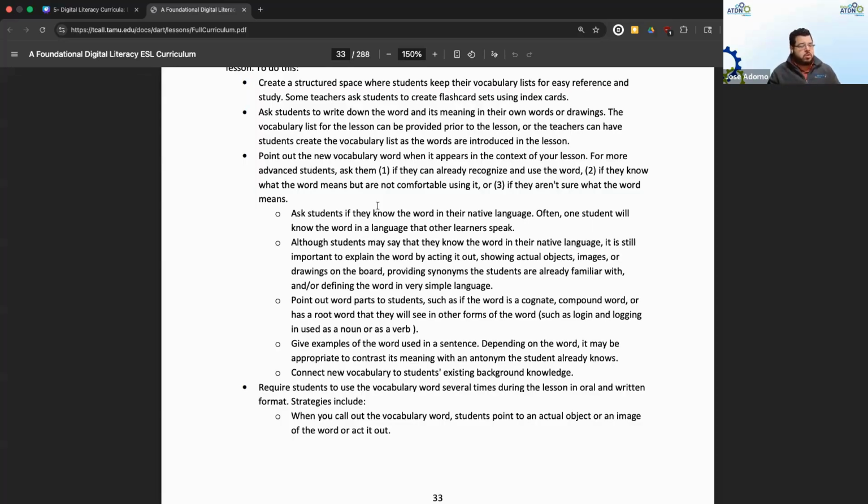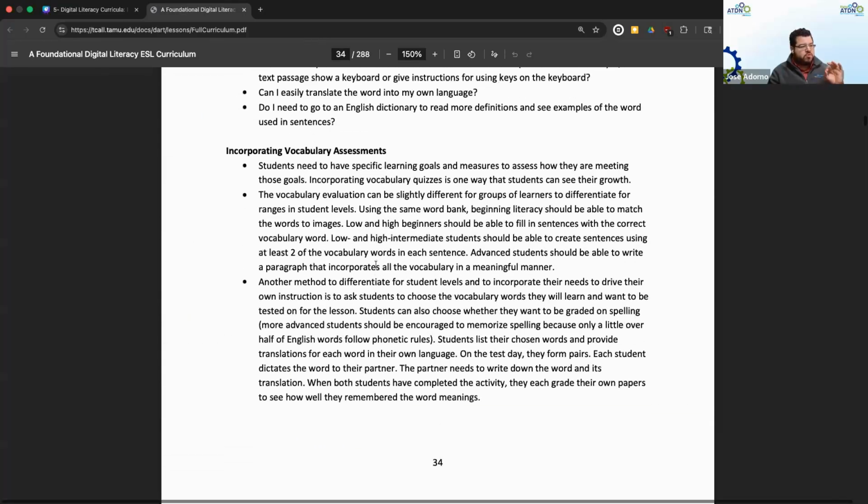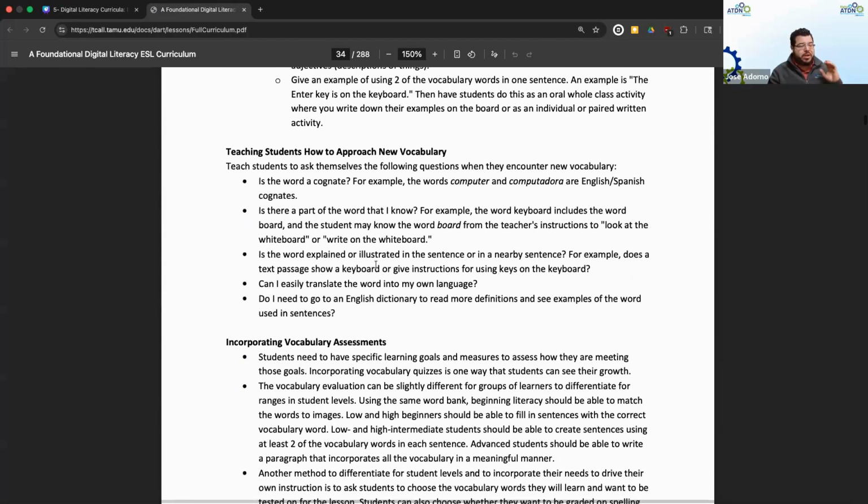Again, this DART curriculum approaches it as if you're having a tutor, let's say, supporting, or someone that's offering tech who needs some scaffolding strategies to reach out to English language learners. So these first two to three pages are going to focus on how you would incorporate strategies, how you introduce new vocabulary words, how you make connections with existing practices that the student might have, and then how you would do some of the assessments.